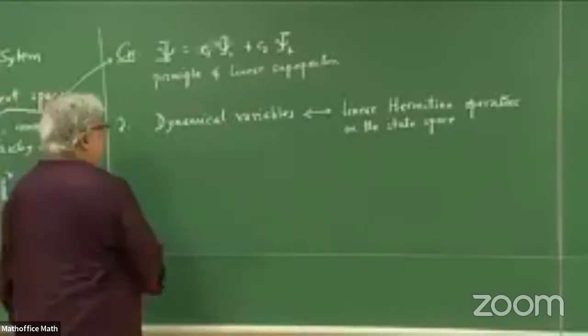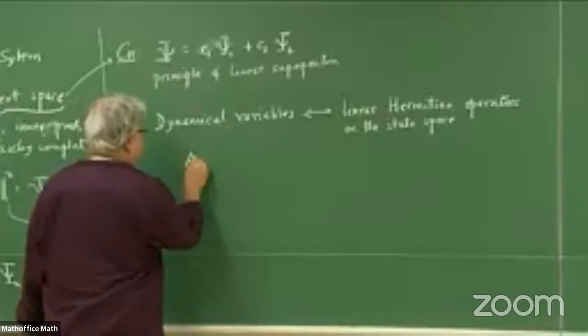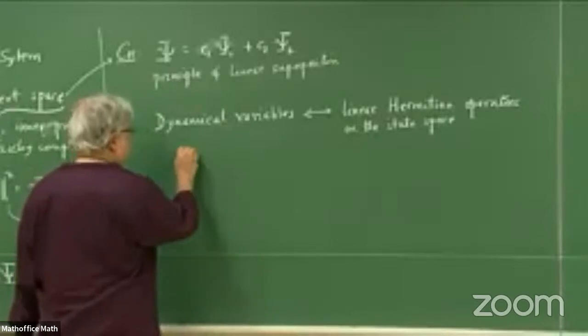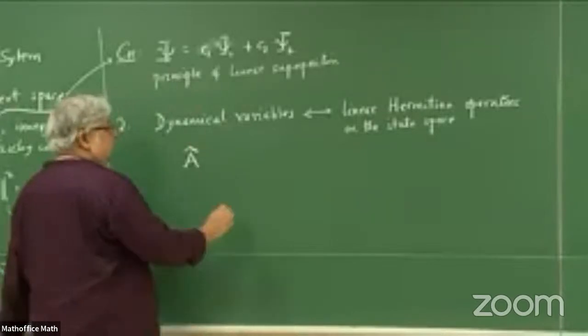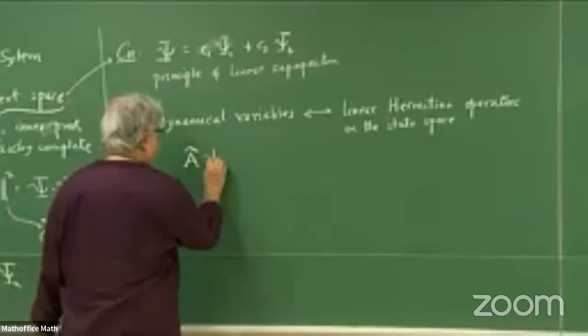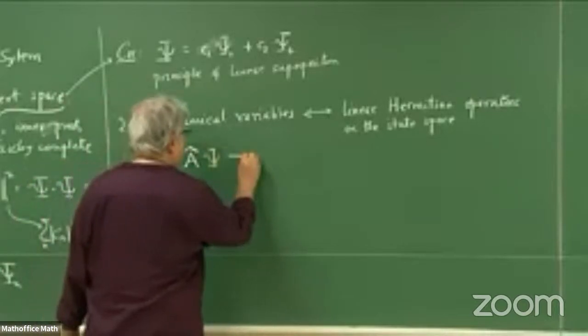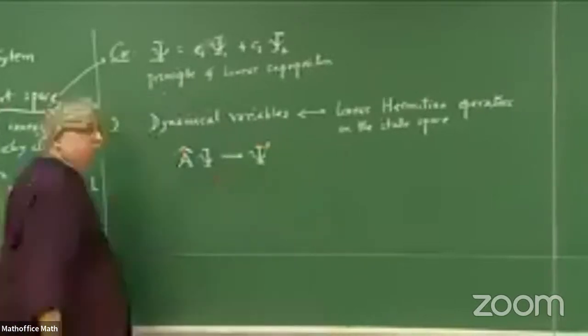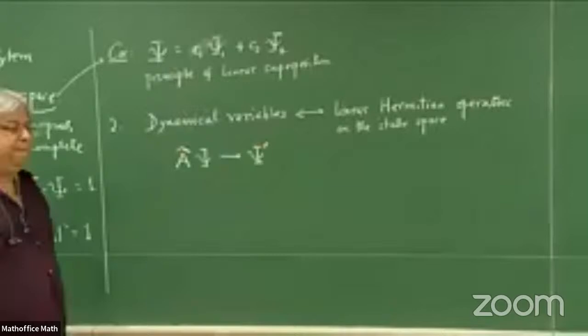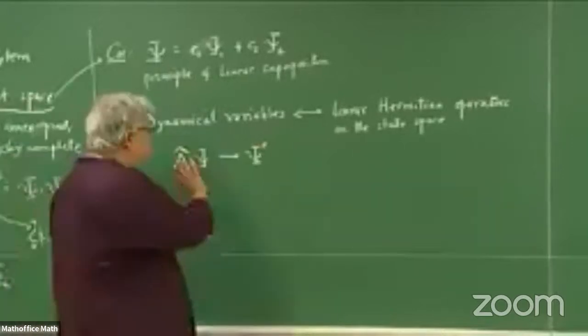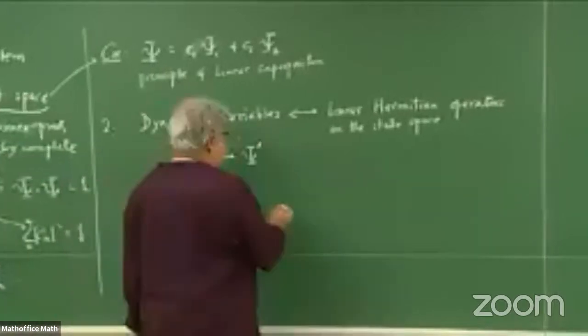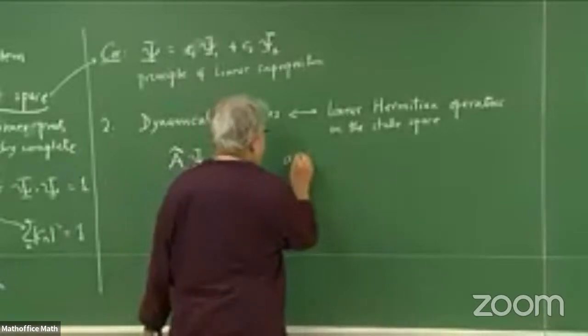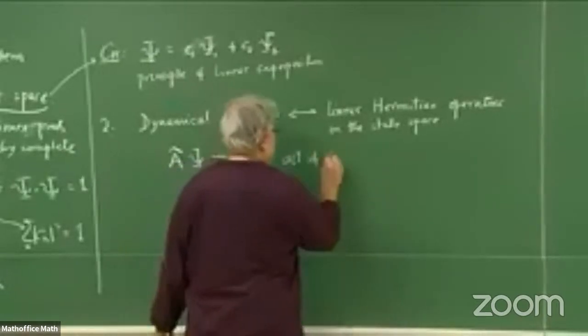So basically, suppose A is a dynamical variable. I put a hat on top to indicate that it's an operator, and it acts on a state psi. Essentially, it will take me to a state. What any operator does, it takes me to a different state. So there is a physical statement involved here. It says that the act of operation is the act of measurement.